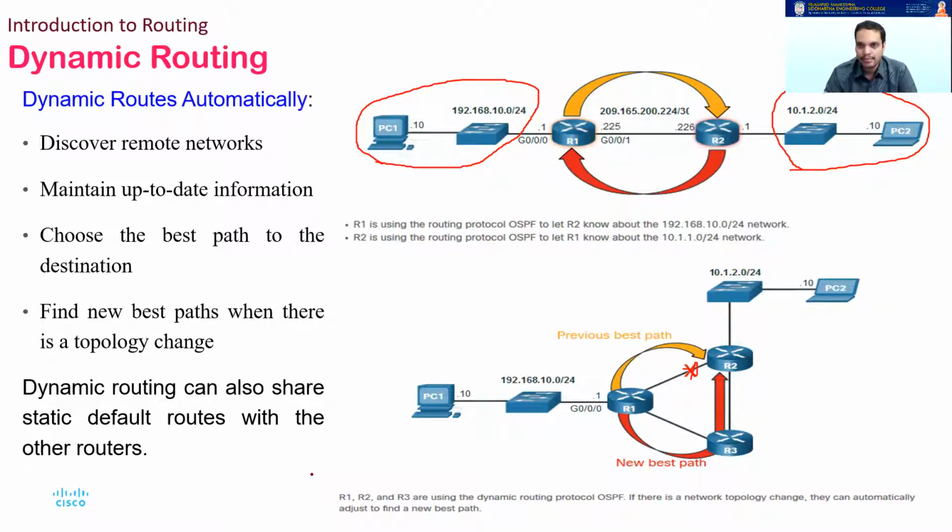So dynamic routing is best because it will allow the routers to know about remote networks and also to maintain up-to-date information, and it will allow the router to choose the best path. In static routing, whatever path I specify, they have to take it, irrespective whether it is best or not. The router doesn't have a say in the decision. It simply has to follow the static route. In dynamic routing, it can have multiple paths and can take a decision.